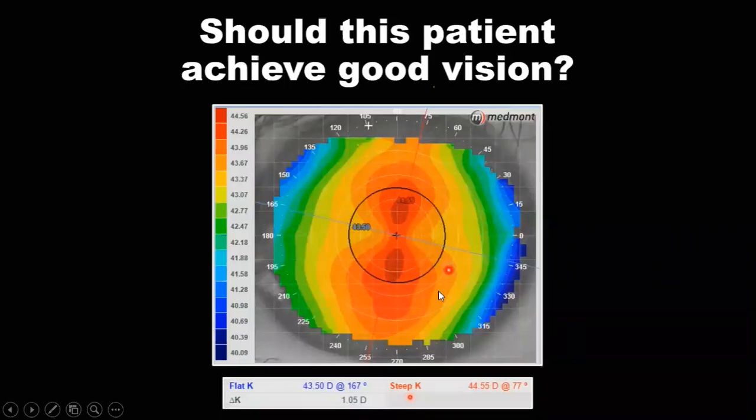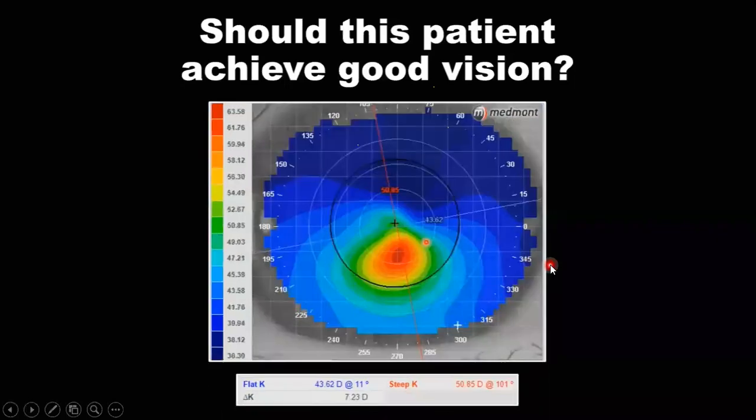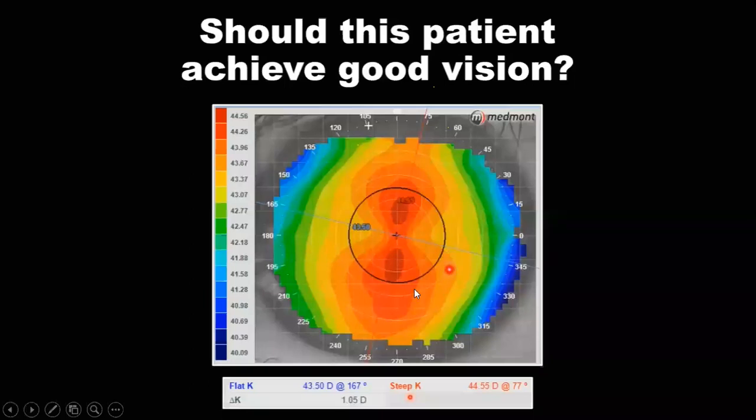So this is very regular astigmatism, and this patient would have very good vision with spectacle or toric contact lenses. Since this patient has astigmatism, if you are thinking about contact lenses, we might need to give toric contact lens. But from the visual point of view, this patient is suitable for soft contact lenses and also suitable for a spectacle. If this patient doesn't want contact lenses, even with the spectacle this patient would have a very good vision.